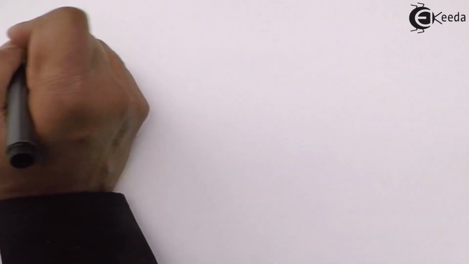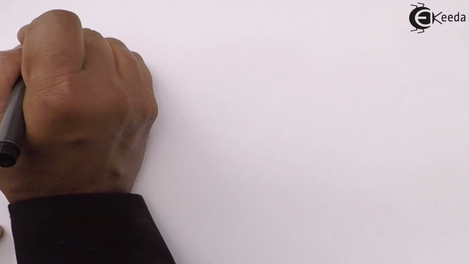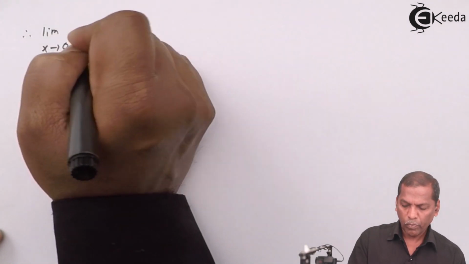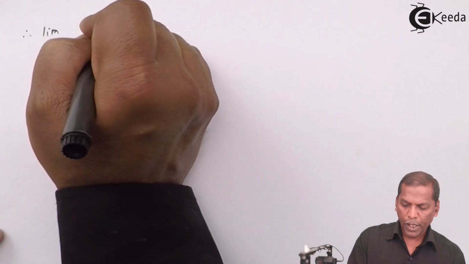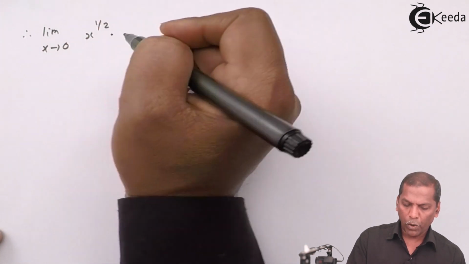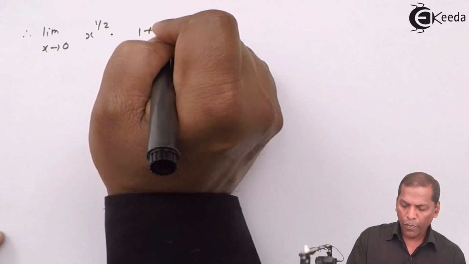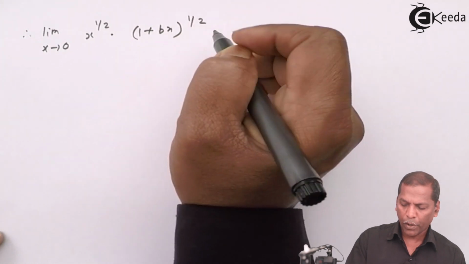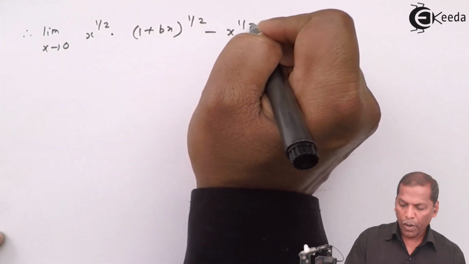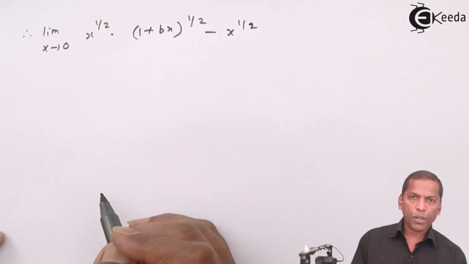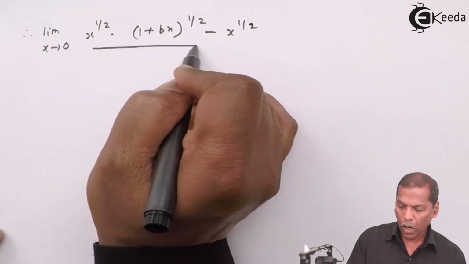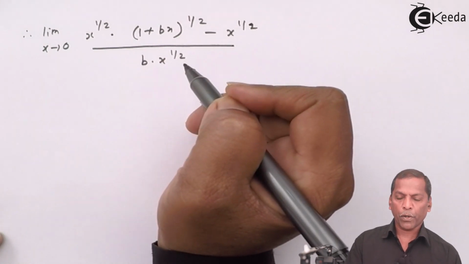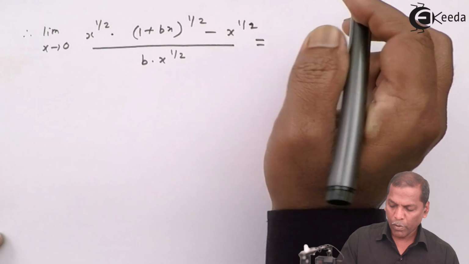On simplifying, we get limit x tends to 0, x raised 1 by 2 into (1 plus bx) whole bracket raise 1 by 2 minus x raised 1 by 2 upon b into x raised 1 by 2, that equal to